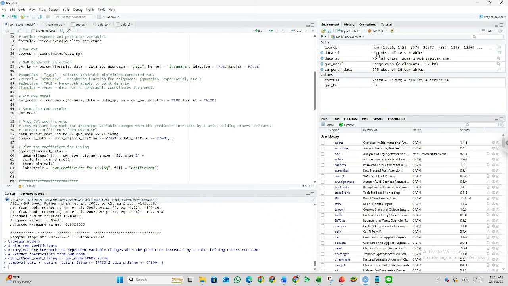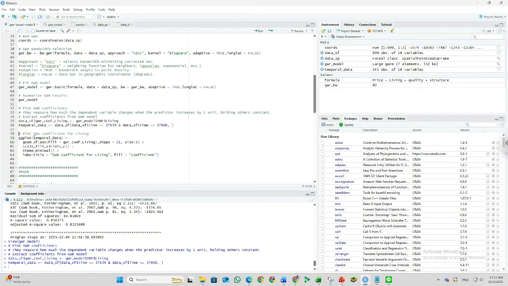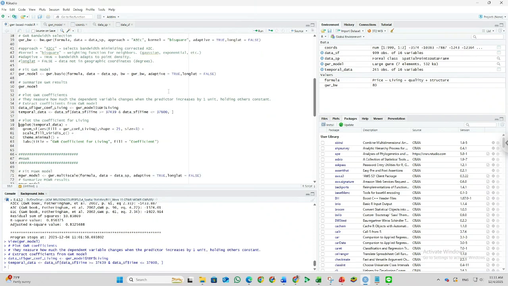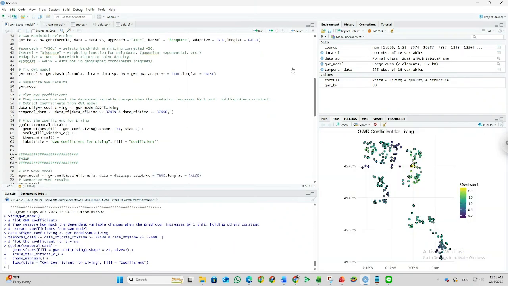The original has 999, but after we filter the data, we just have 245. And for the plot of the coefficient, we use the temporal data based on our filter, this one, and we will use the coefficient living.